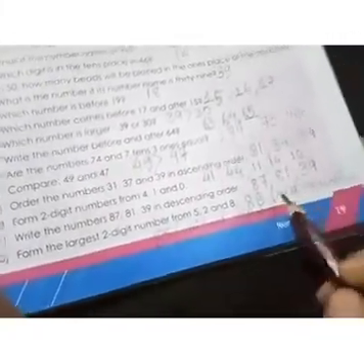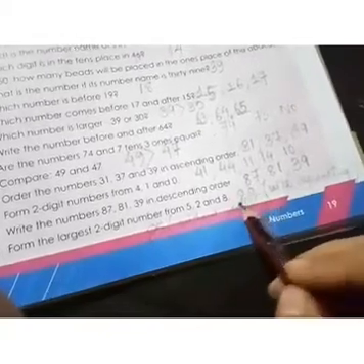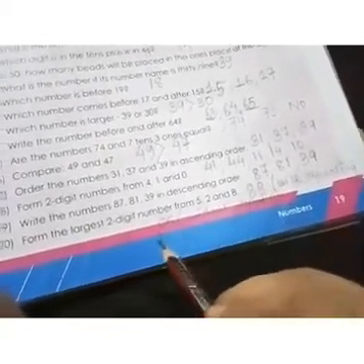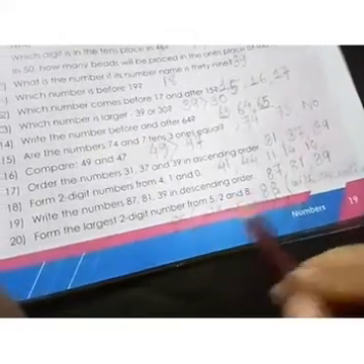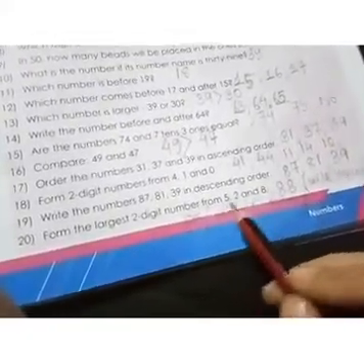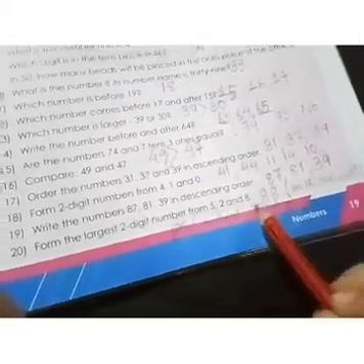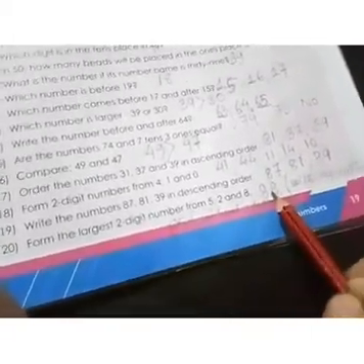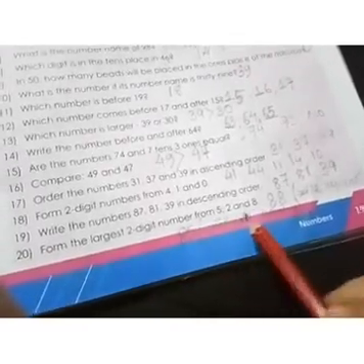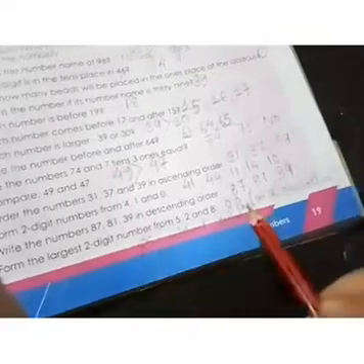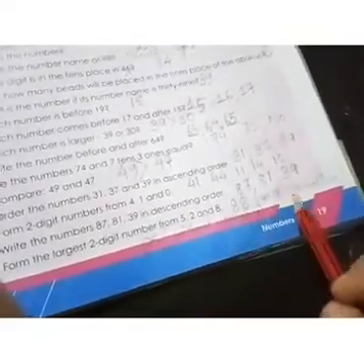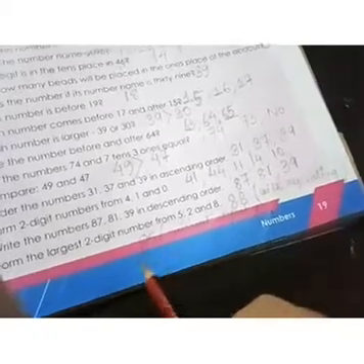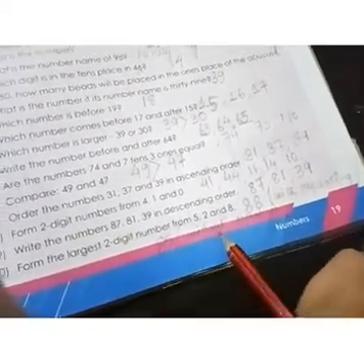If the question does not specify, you can put any answer here, but you can also mention on the side "with repeating", because you are using the same digit 8 and 8. And here 8 and 5, without repetition. These two are the largest numbers we can form from 5, 2 and 8. Suppose you form the number 28. So 28 will still be less than 85 and 88. 58 will still be less than 85 and 88. So the largest two-digit numbers from these digits are 88 and 85. Since in 88 I am repeating the same digit, we write with repeating, and in 85 two different digits are used, so it is without repeating.